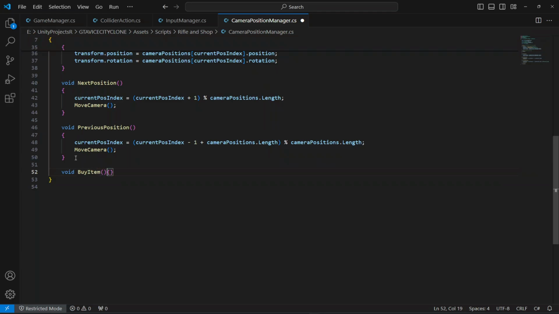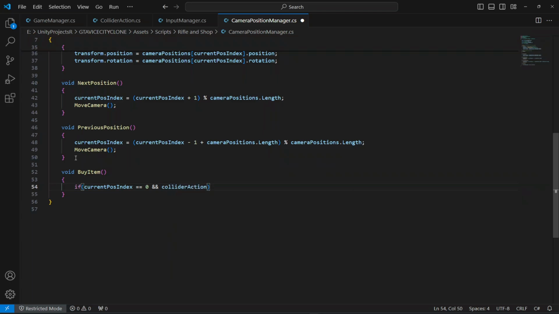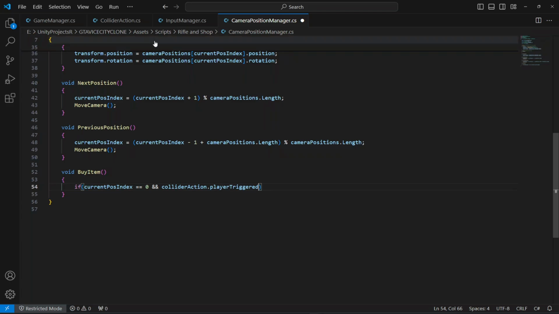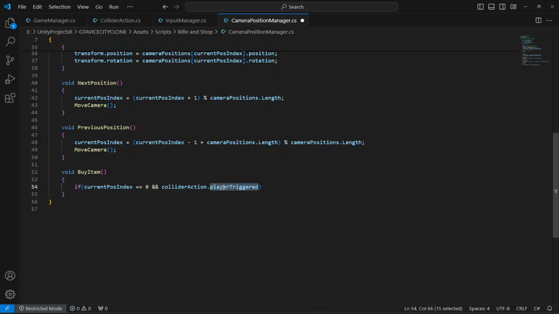item, and in this buy item we're gonna now first of all check if the current position is equals to 0. It means that if it is the first rifle, okay, then we will also check if the player is inside the shop, okay, and also the player is touching the collider. So we check that right here, in which when the player touches the collider, we set the player trigger to true. So right here we are just using that player triggered bool, okay. So if it is true, okay, and also